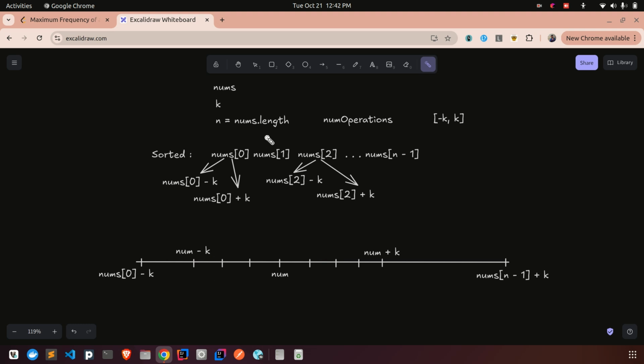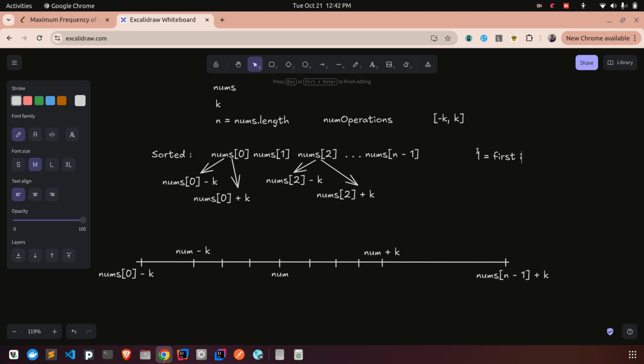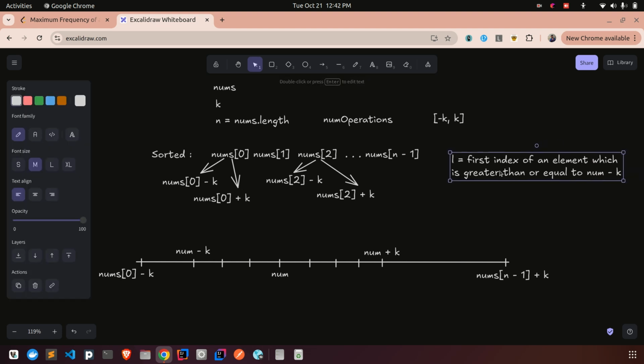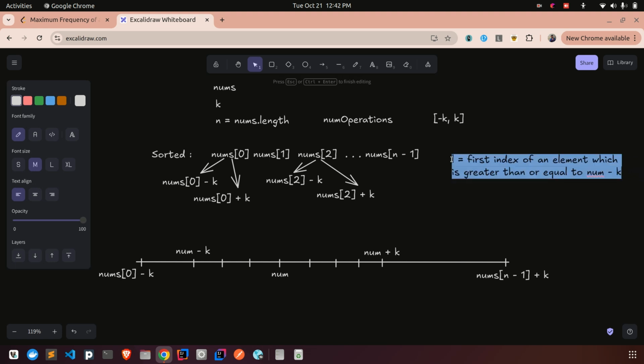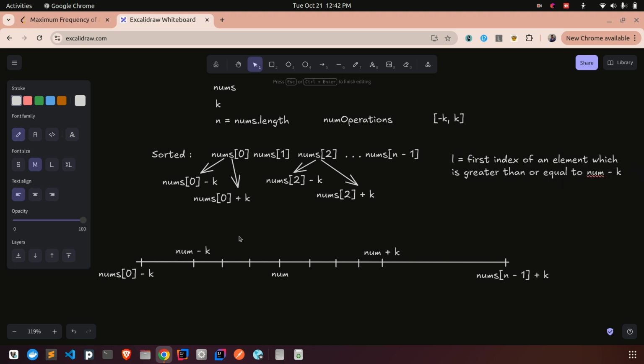Let's say I identified the first index. Let's say L is the first index of an element which is greater than or equal to nums minus k. We have identified the first element, whose index is L. If I know that particular index, and if I also know the index which is less than or equal to nums plus k,